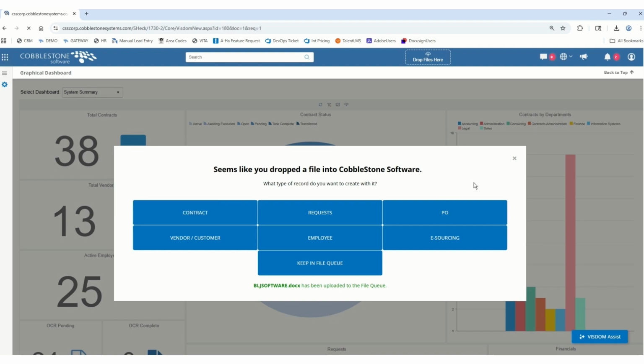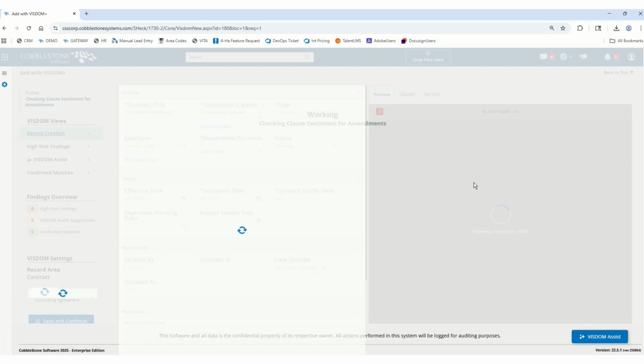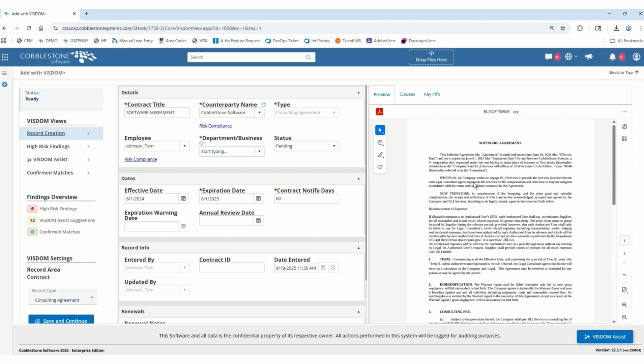When choosing contract, the system is going to be doing a few things for me. One, it's going to be combing through the entire agreement, finding key information, and putting it into fields for us. Automatically filling in these fields is going to very much streamline the process of getting these contracts into the system. If we typically fill in 10 fields and this handles 4 or 5, that's already half the entry done for